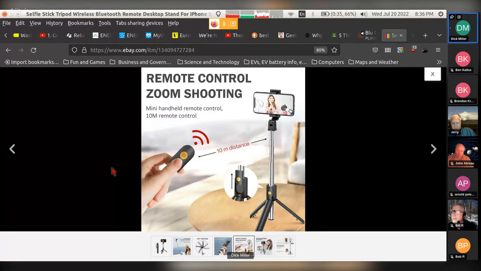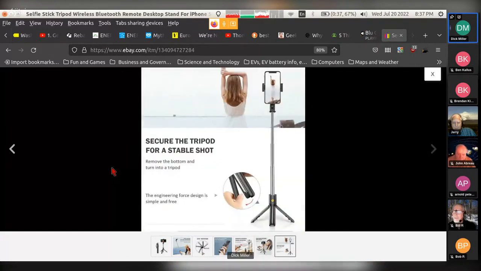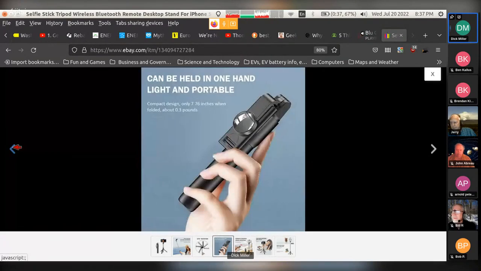So that's a great solution. I think the tripod is rather small. Translation, you may not want to use it outdoors in a high wind, but other than that, I think it'll be fine. What else are they going to show you about it? Again, using the tripod. And that's about all I think I'd recommend to most of you,